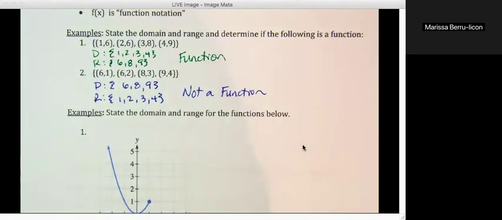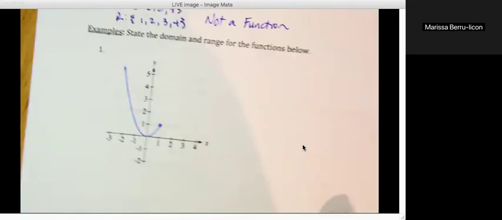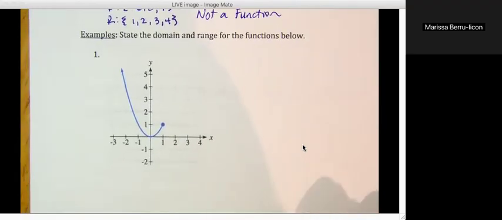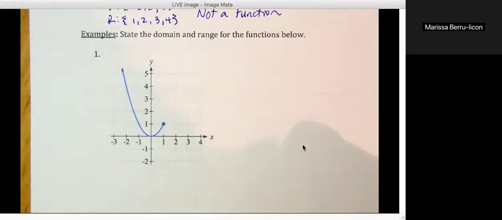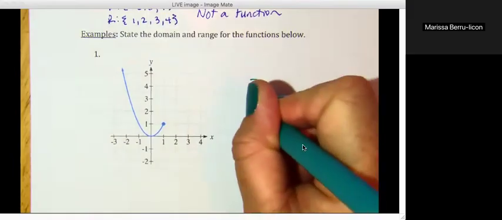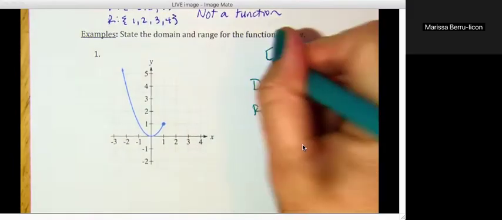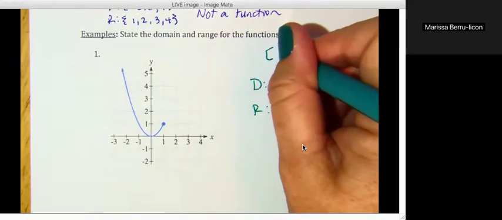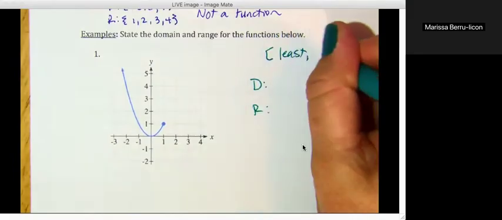All right, now looking at the next example, we have a graph here, and we're going to state the domain and range for the given graph. In this example, you're not being asked to graph, you just are interpreting what the domain and range is from the graph. Now, when we're stating domain and range, we are always listing things from least to greatest,